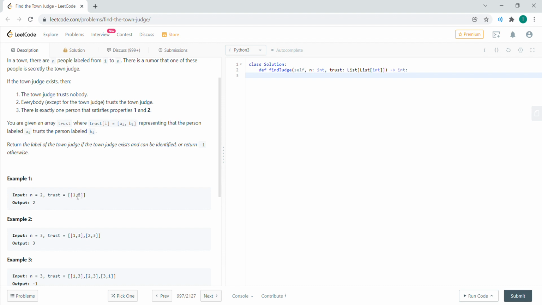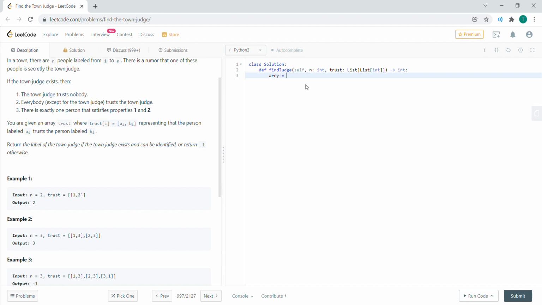So if A trusts B, then we know that B is a good candidate to be the judge, so long as B does not trust anybody else, right?